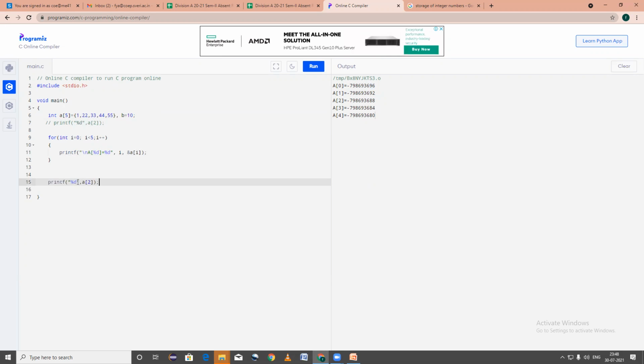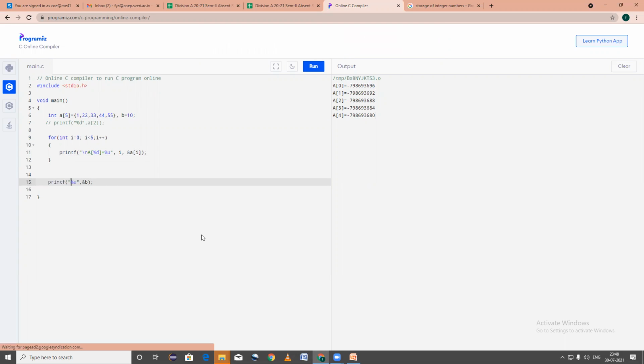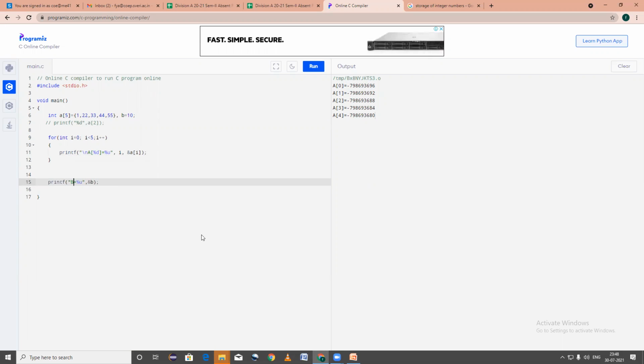I wish to print the address here. %u is used for displaying the addresses. %u and %d, then a newline.